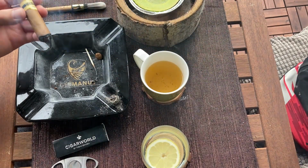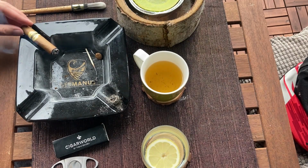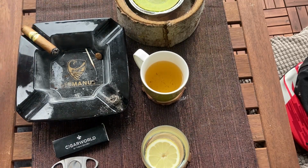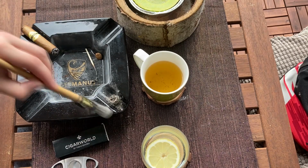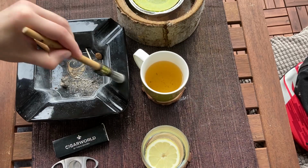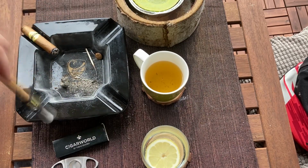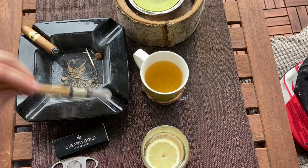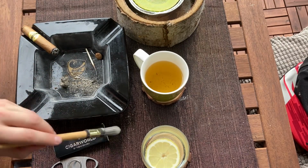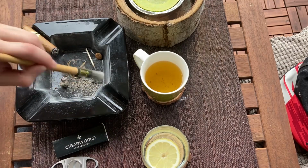And there you go. It fell. And this can happen often. I edit a lot of times that it falls on my clothes or whatever. It shouldn't happen that fast, but for some reason it did. I will take care of this later on. But like I said,